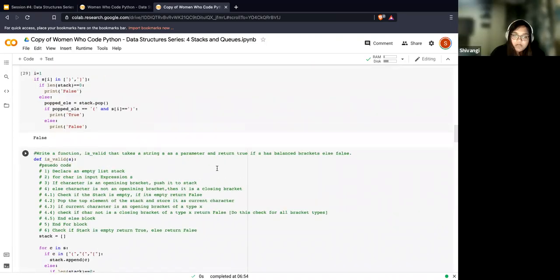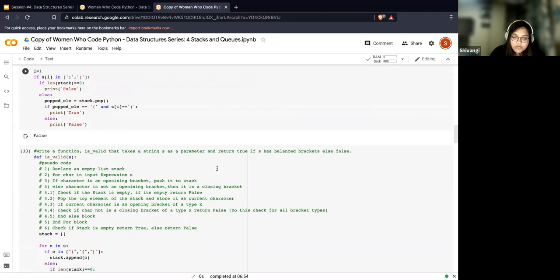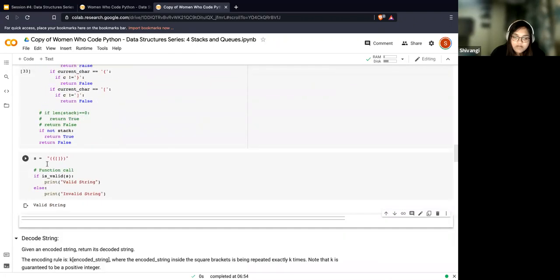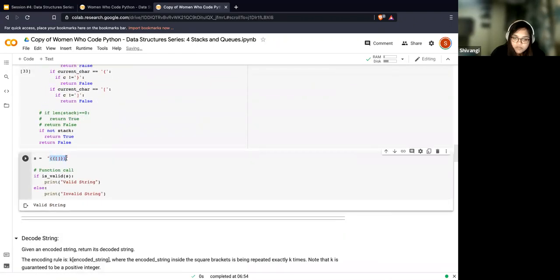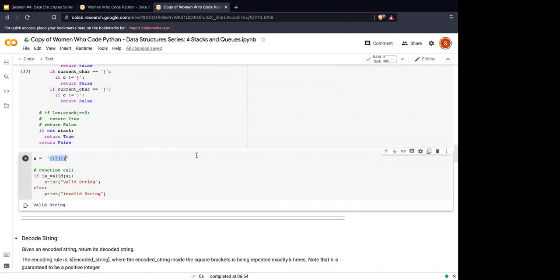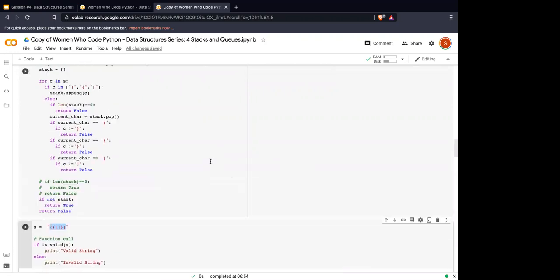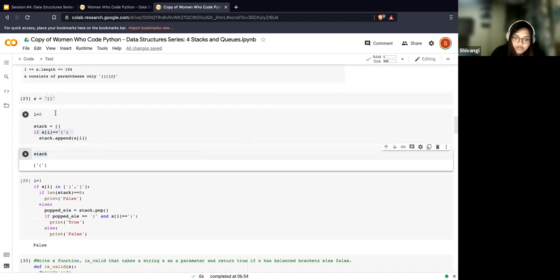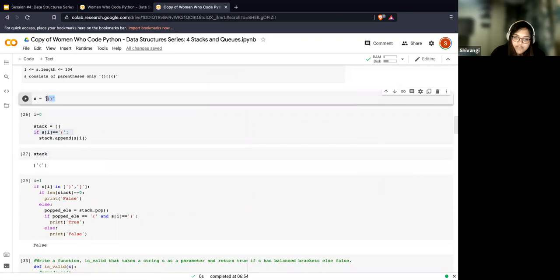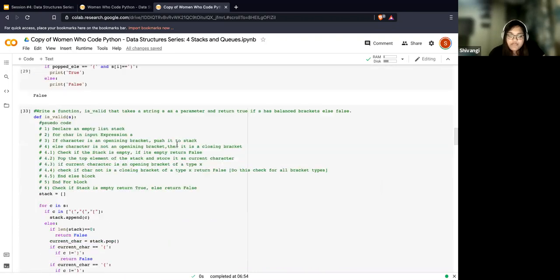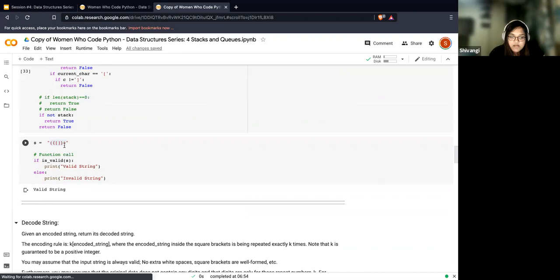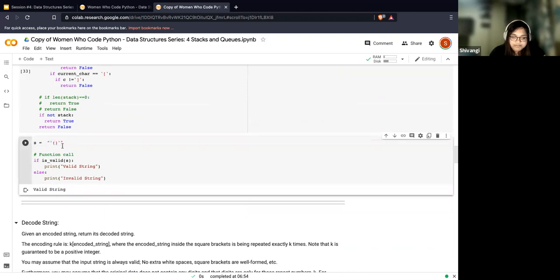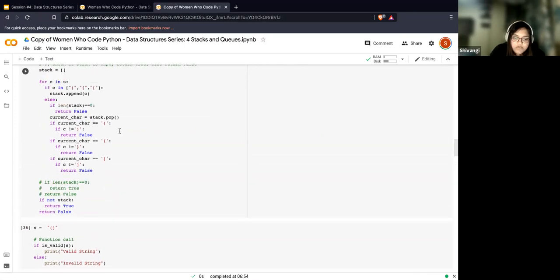Okay. So which test case do you want me to run? Through this one? Yeah, or we can just take a small example. So let me just go with the basic example which I was going over here, right? If this is a string, how is this going to work? Simple. Cool. It's going to be valid.